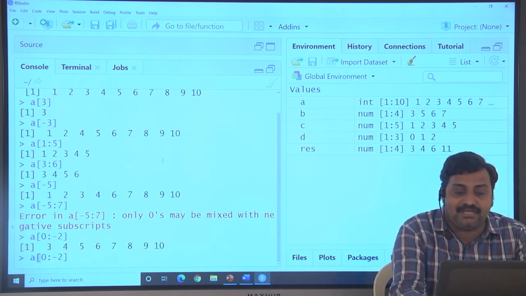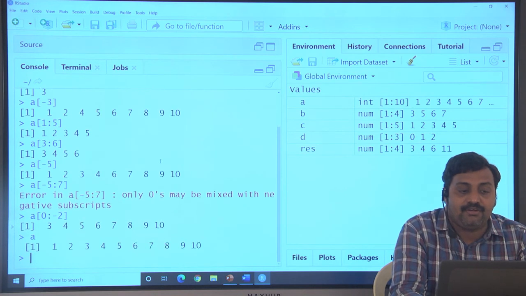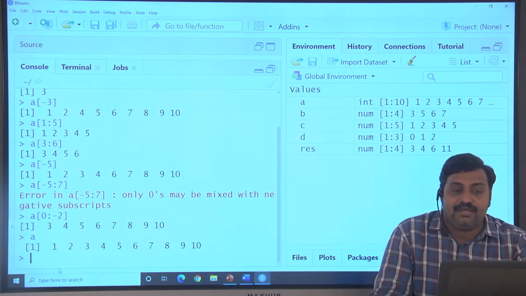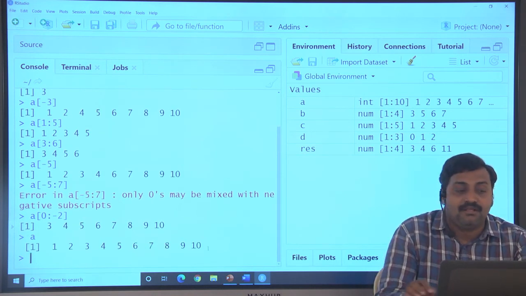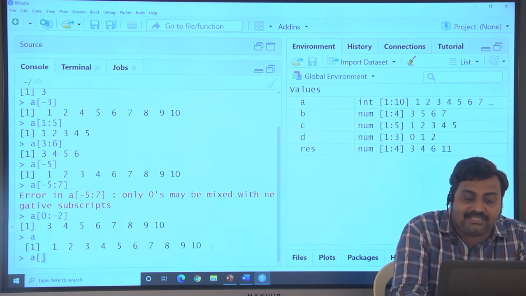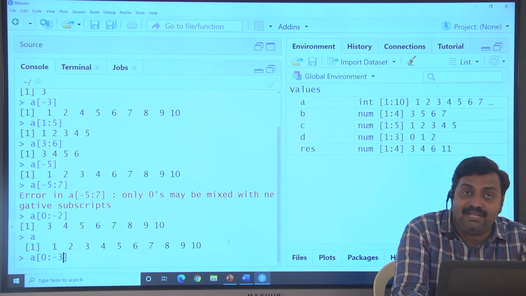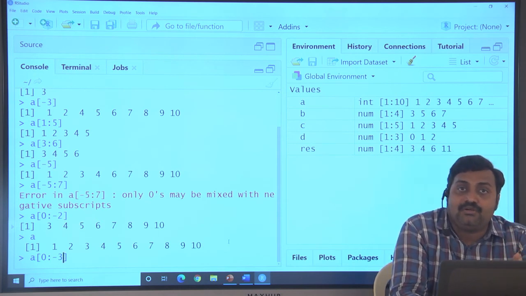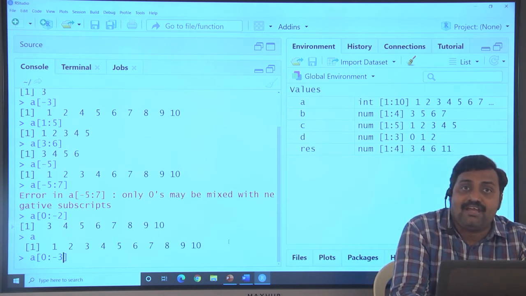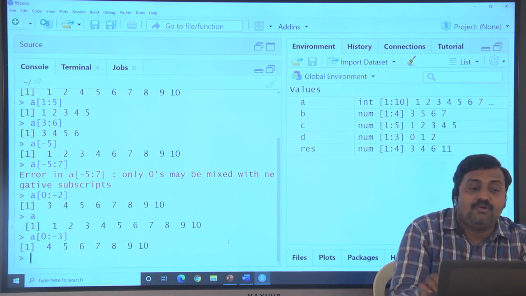Clearly, let's check once again. We know the values of A. A is 1 2 3 4 5 6 7 8 9. Now whenever I perform negative indexing, 0 colon minus 3 means from 0 to 3 values, so omitted.